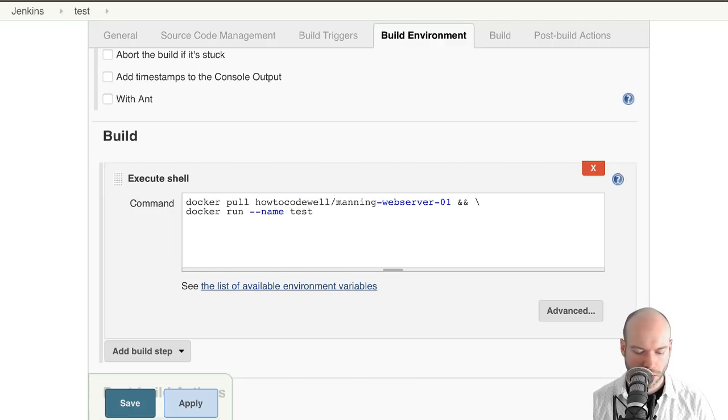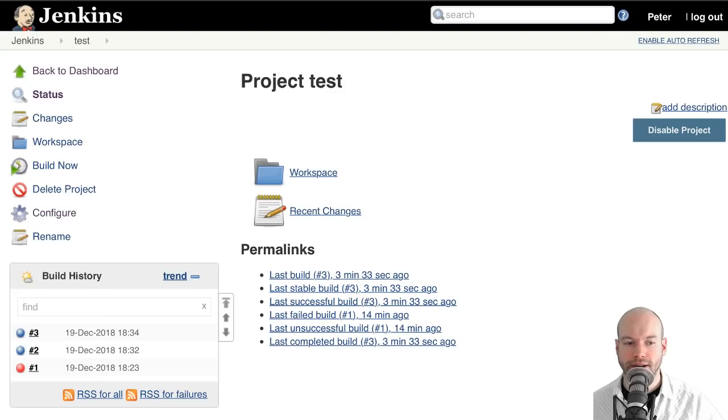We're going to do that, which is the image that we're running. And we're going to just run php -v. So that's just going to run that container, spin it up with the container name of test, and it's going to do php -v. So if I was to save that and then build it again, it should be very quick